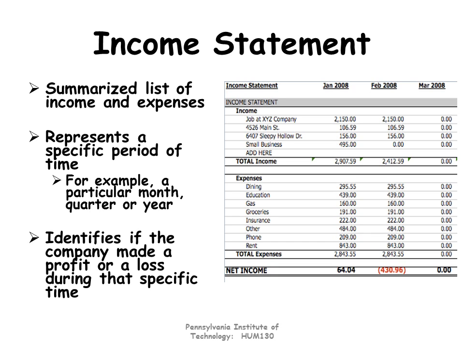Now, once all the expenses are listed, we do the total expenses. You'll see in January that this person made a net income of $64.04. Go to the next month, and he's actually lost money. When you see any number in red with parentheses, that means a loss. That is not a good thing. So he lost $430.96. What this does is it tells you if a company is paying its bills or if it can pay